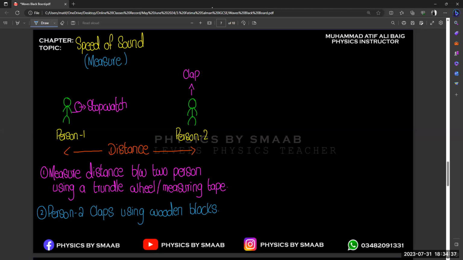And what will be your next step? Any idea? Now person two just claps using wooden blocks. So what will be your next procedure? Your next procedure is that person one